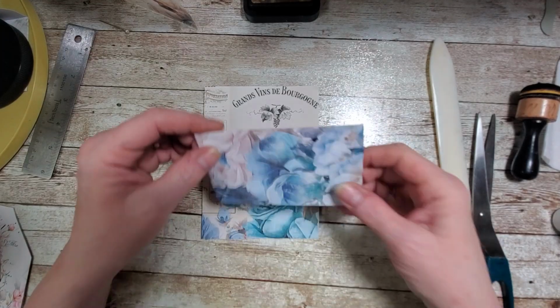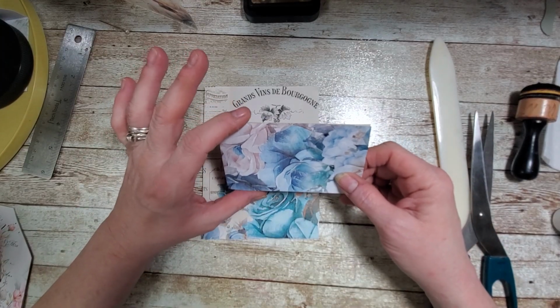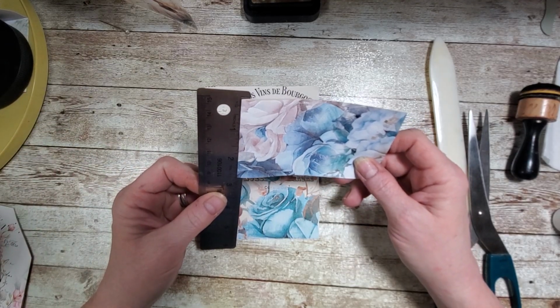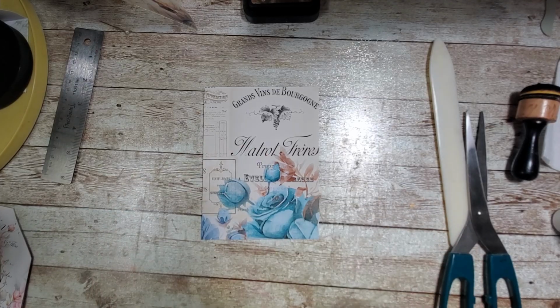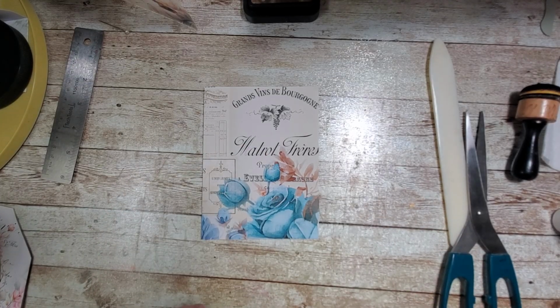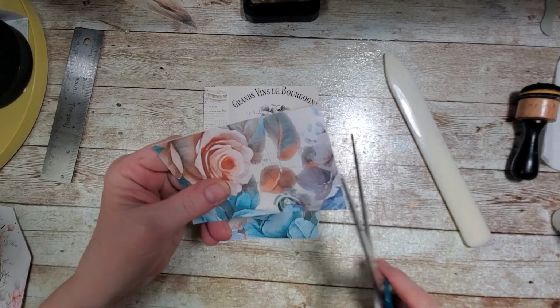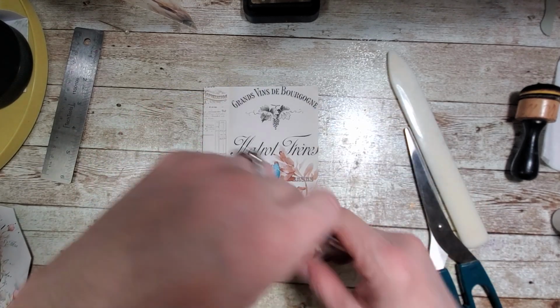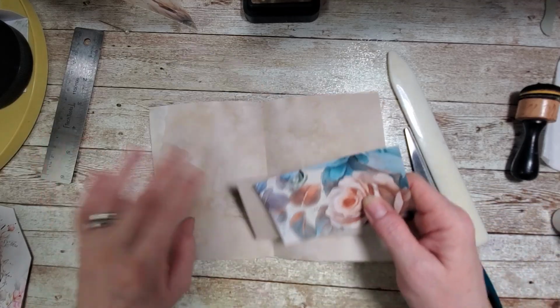okay. Because you want your pocket to be about 2.5 to 3 inches. I think that's probably closer to 3, isn't it? Nope, it's about 2.5, 2.25. And then we're just going to trim about 1/8 of an inch off to cut them apart, and that'll give us